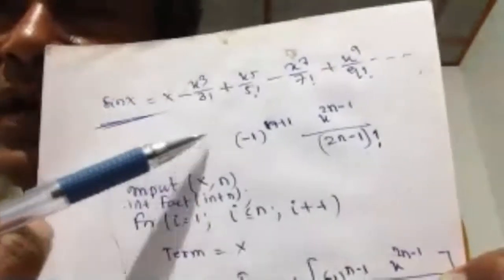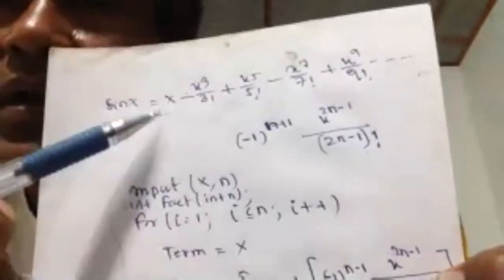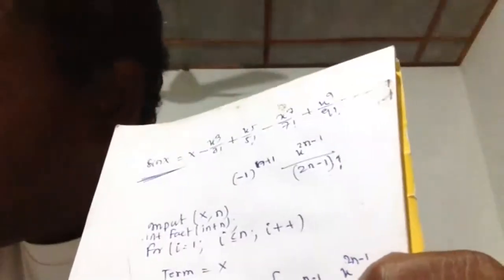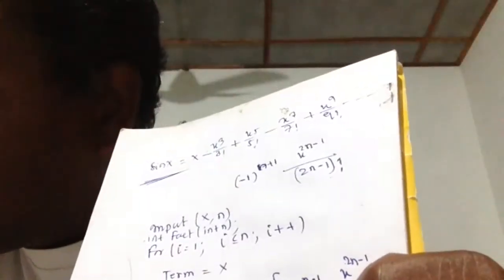I am giving sin x, e to the power x, cos x. And try to solve all the problems using function subprogram. Matrix addition, subtraction, multiplication is quite bigger, and better try to solve that one. Then your idea will be clear. In matrix, how many inputs are there? What will be the argument?